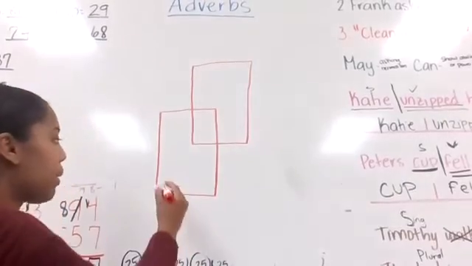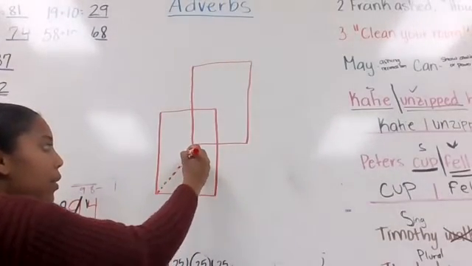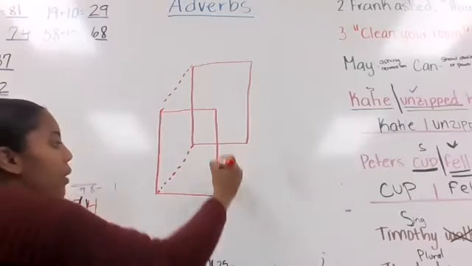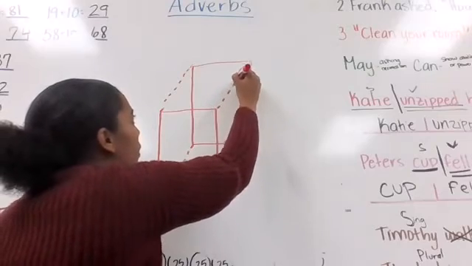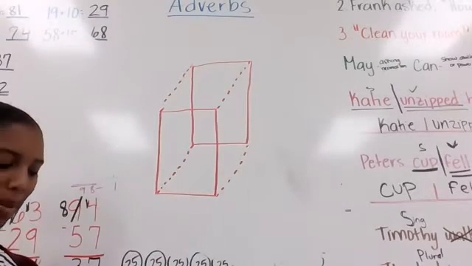So after that, I connect my dots. I'll connect here inside the square or rectangle first. Then I'll go outside and connect down here, and then up here, connect. Rectangular prism. Cool.